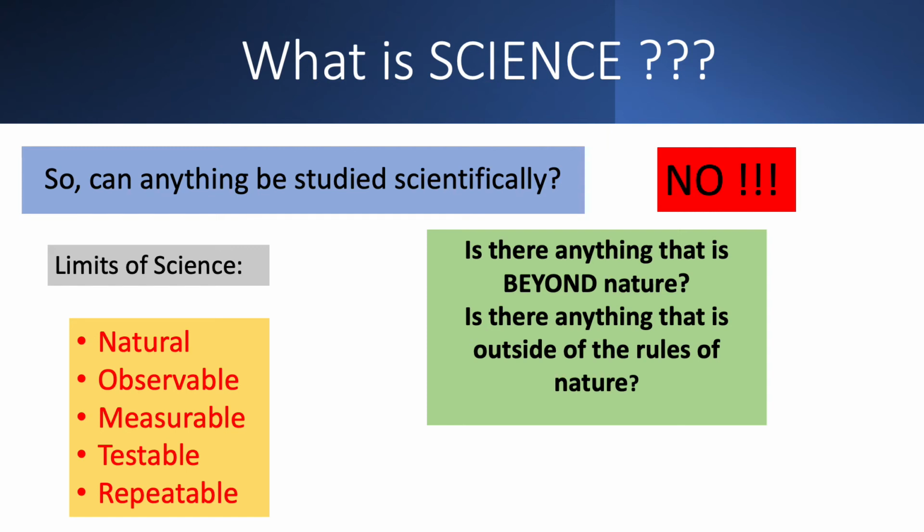Ideas like things that are made out of plastic, for example, those we're going to call natural in our class. You use natural materials, you follow natural rules of chemistry, and you put the atoms together in different ways, and boom, you've got a piece of plastic, a new molecule, but it's still following the rules of nature. We're actually going to use the Latin word that means beyond nature.